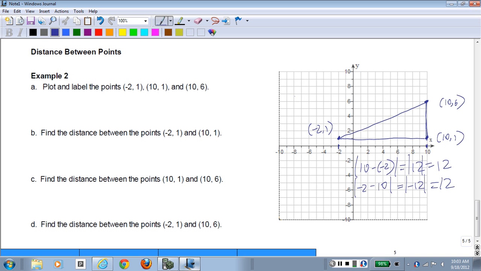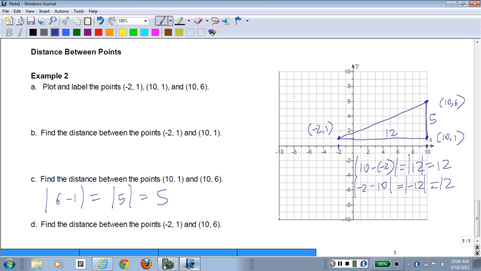The C part, how far apart are the points (10, 1) and (10, 6)? Absolute value of 6 minus 1. Take the difference between their y coordinates since they're on the same vertical line. That's the absolute value of 5. And that's 5, or if we reverse it, 1 minus 6 is negative 5, but you take the absolute value, you still get 5. So 12 units there, 5 units there,